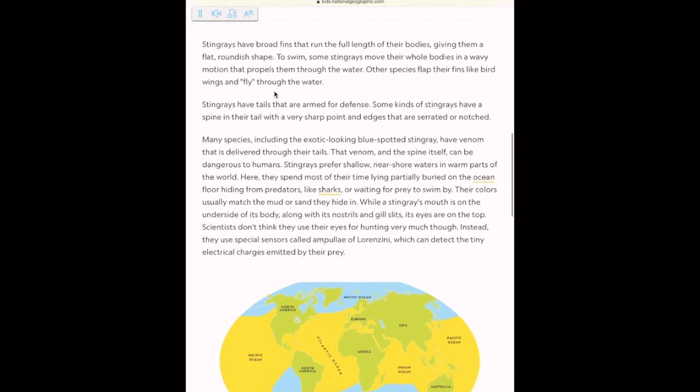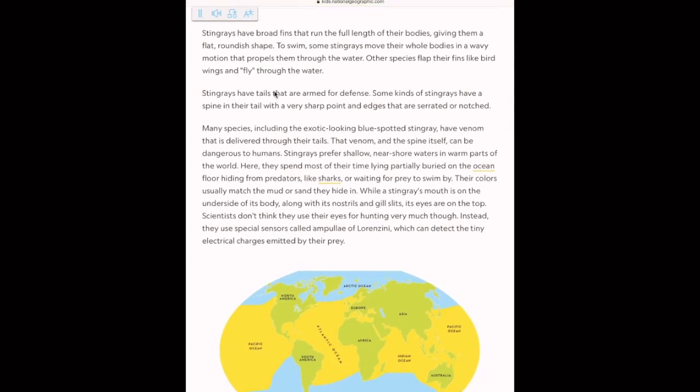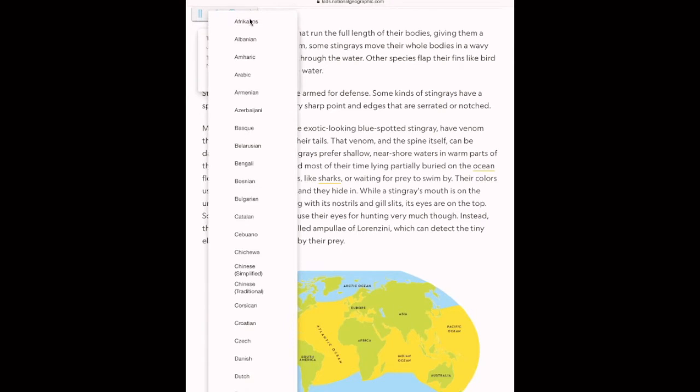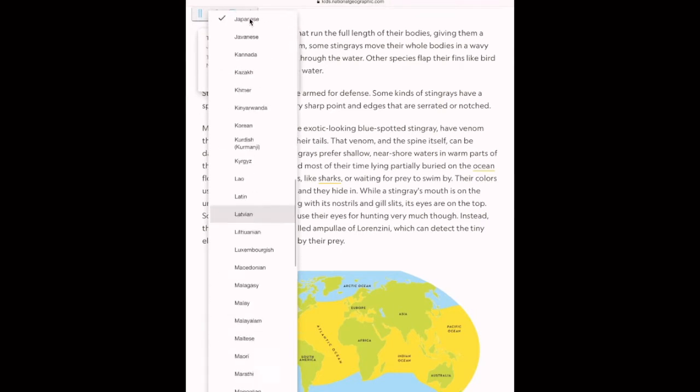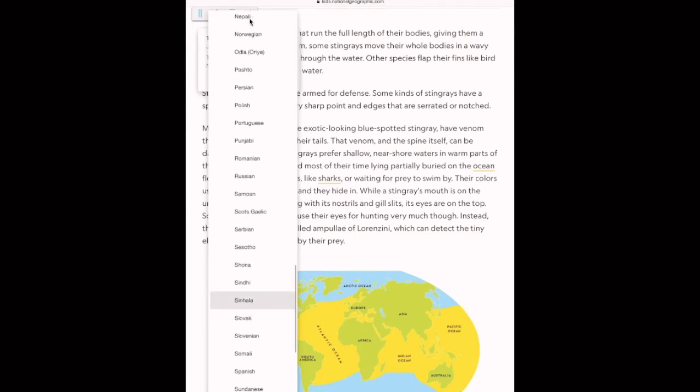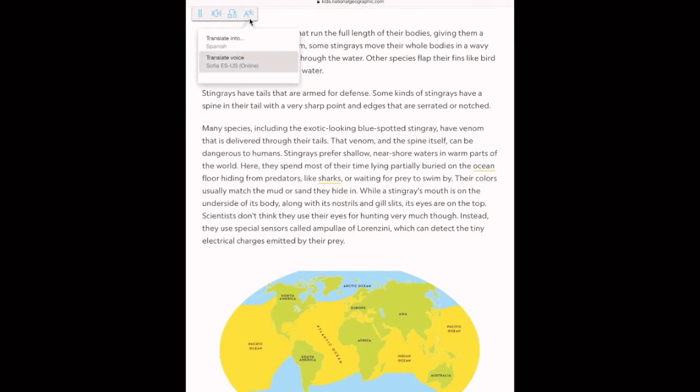So let's say we want to take a look at this first paragraph here. We have seen how to use the speaker tool. We've also seen how to use the text leveler. And next we're going to take a look at translation. So if we long hold on translation, we see that we can choose the language that we are looking to have that translated. So in here, let's say if I don't want Japanese, I have 99 other languages to choose from. So let's say we're going to do Spanish. So I'm going to select Spanish. And then I could also change my voice as well, which is amazing.